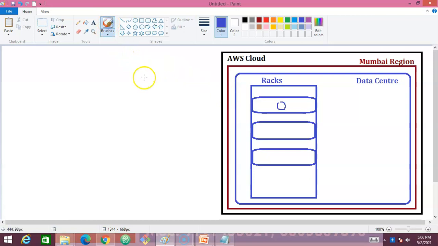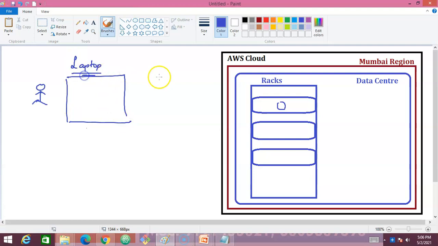Let's say this is me, and I'm using my laptop. The moment I created a server in AWS, inside the Mumbai region, I get a key pair called a PEM key. This PEM key is your private key, and that is important.